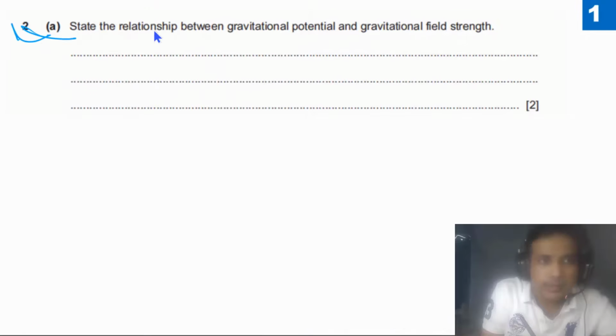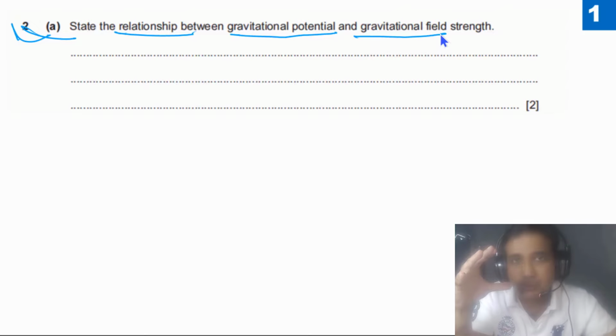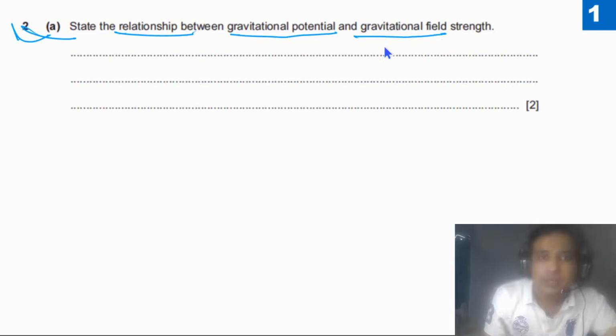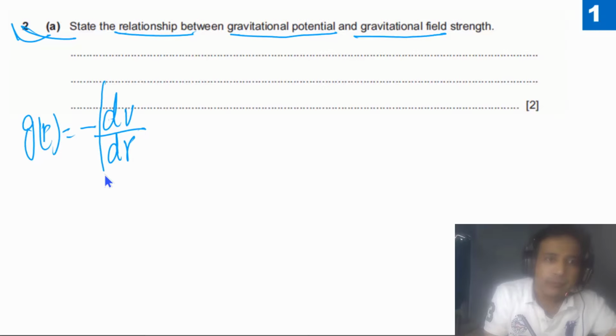Question 2, part A says, state the relationship between gravitational potential and gravitational field. This question is very common in past papers, and this concept is very important to answer past paper questions from this topic. Let's try to understand how these two quantities are linked. We can simply say g as a function of r is equal to negative dV by dr. dV by dr represents the gradient of